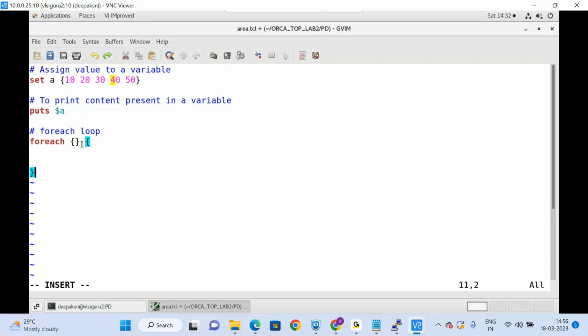Right, this is not required actually. This is the thing, right? foreach, open bracket, close bracket. Here you have the body of foreach. So what I want to do here is foreach, right? I will use one variable b and $a,